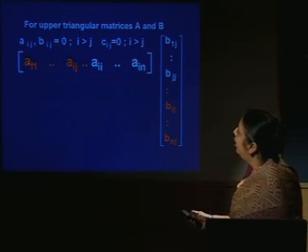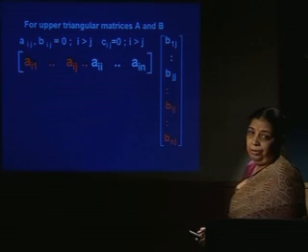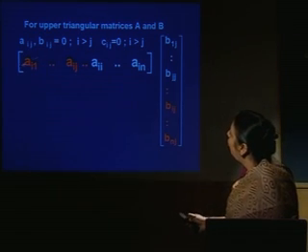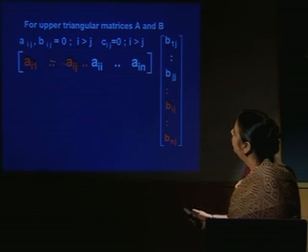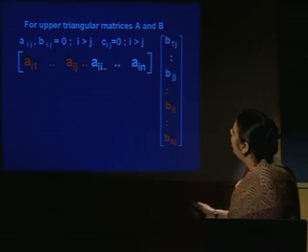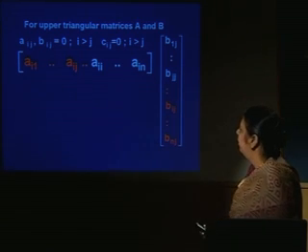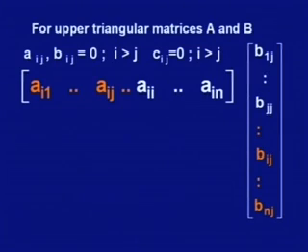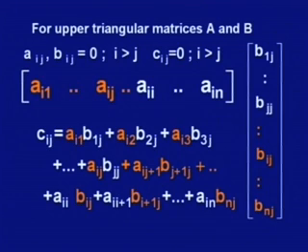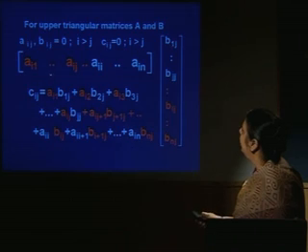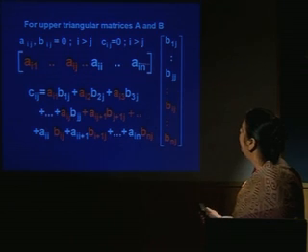Actually, they denote that these are the elements which are 0. They are 0 because for all these elements i is less than j, they are 0, while i greater than j, they are non-zero. Same thing is applicable here. Now, if I multiply them, then the product is obtained as Cij is equal to Ai1 B1j, Ai2 B2j, Aij